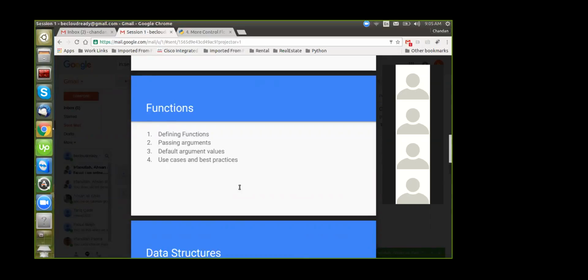Functions are like, say, if you have a big task, a huge task, you cannot do the whole task in one single step. That is where the function comes into the picture. What it gives,